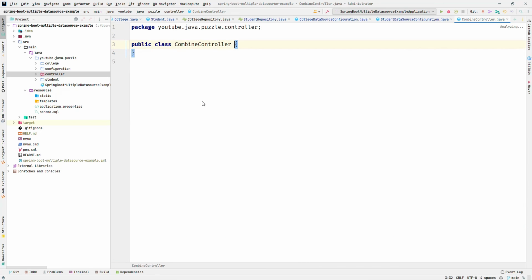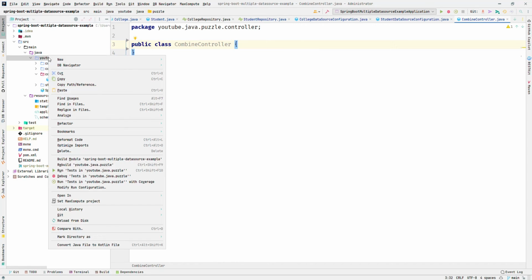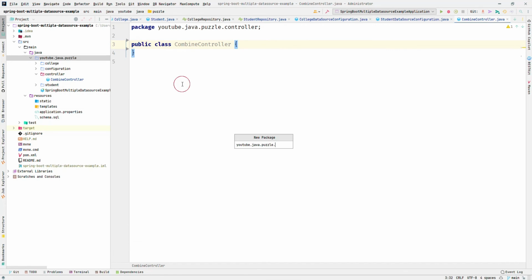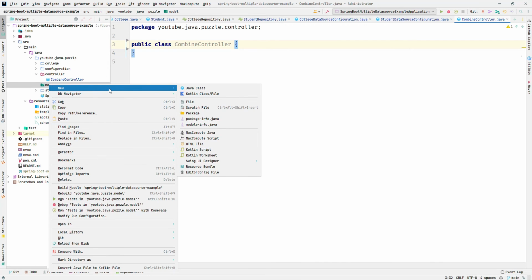Any name you can provide there. Then let me create another one, a model class. So let me create a package, sorry, model, and inside the model let me create a class named